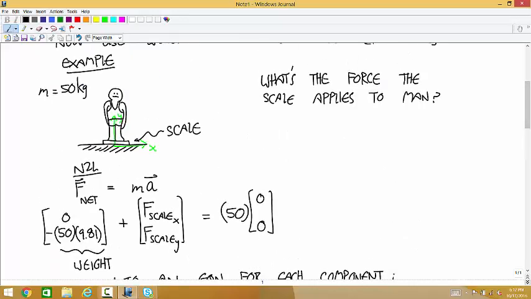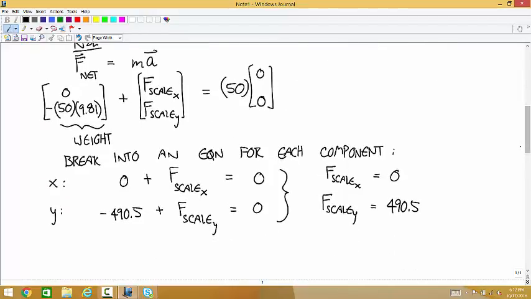Because he's... What? No, F scale x. But you said plus F scale y. Wouldn't it be plus 0 equals negative